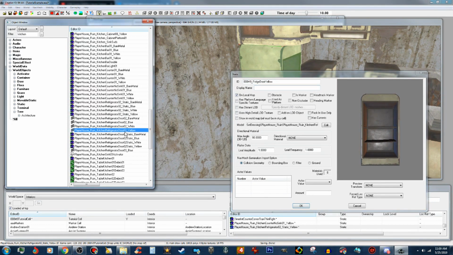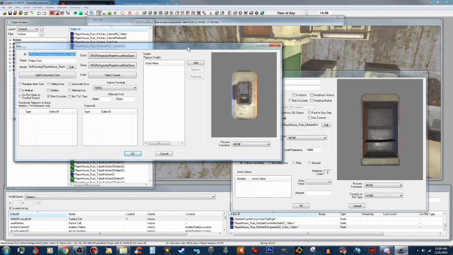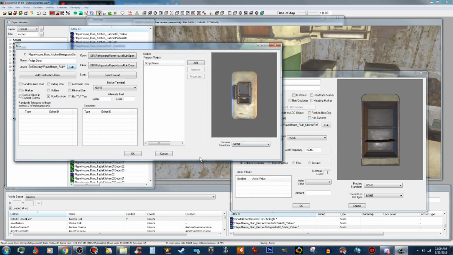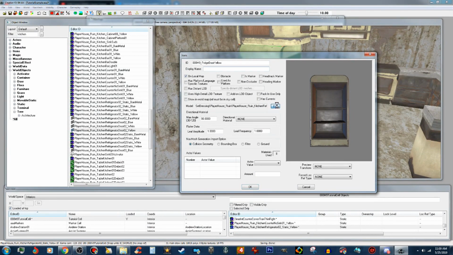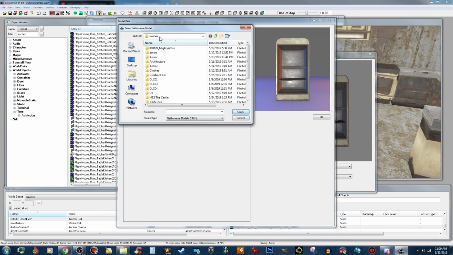Now we're going to open up our yellow refrigerator door that we want to use, and we're going to click on the edit tab, and we're going to select all in this right here and copy that and push OK. Can close that, don't need that. Now we'll hit our edit tab here, and we're going to hit our edit tab in here, and it's going to say look in, and you're going to want it to say meshes right here, and you just paste this in right here,